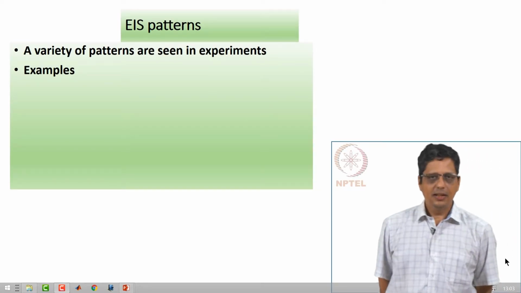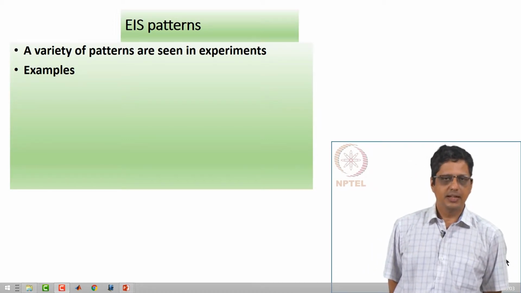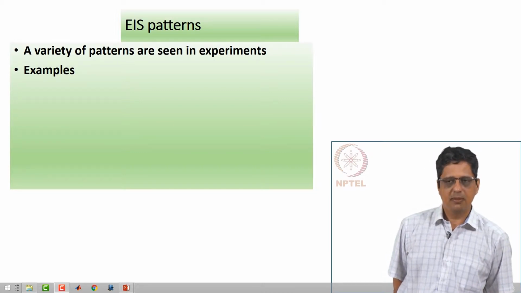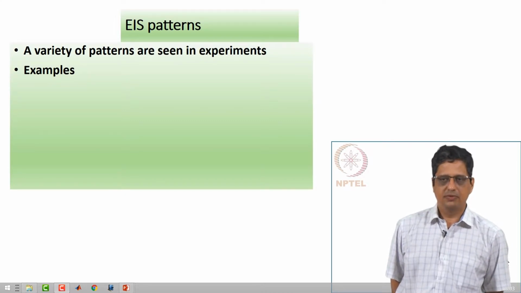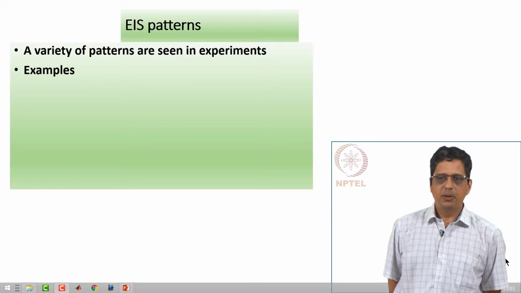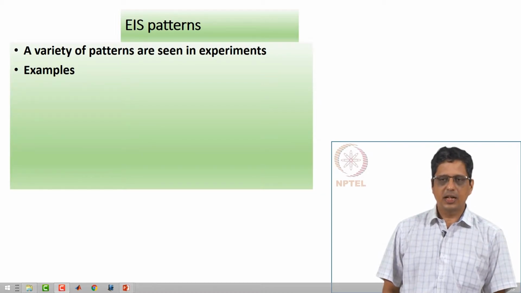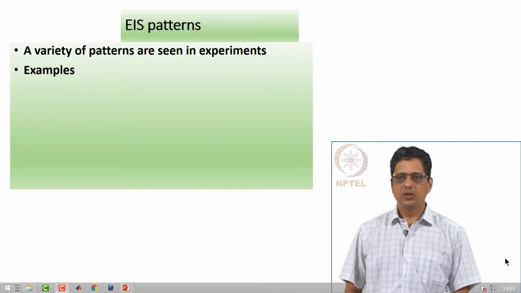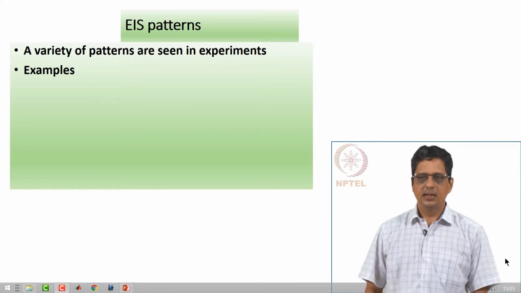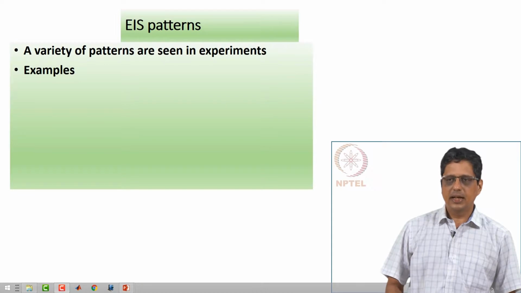Okay, so earlier we have analyzed some mechanisms and we have seen that each reaction mechanism can give rise to a variety of patterns in the complex plane plot of the impedance spectrum. Okay. Now, I want to show you some examples from literature, where people have seen certain patterns in experimental conditions and many times they have analyzed it, and using RMA, using reaction mechanism analysis, they have been able to model this spectrum. Okay. This is not an exhaustive list.